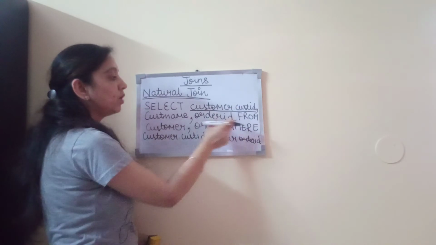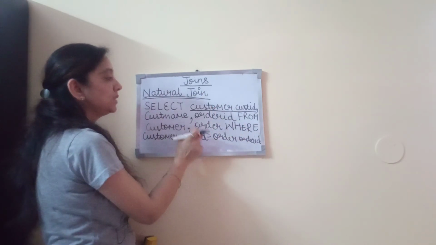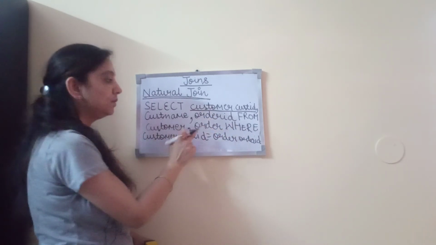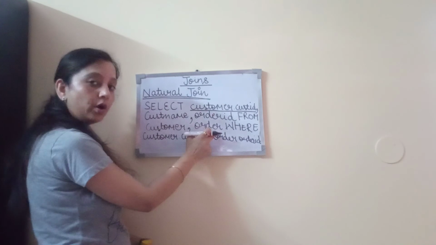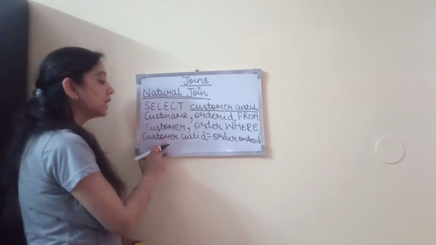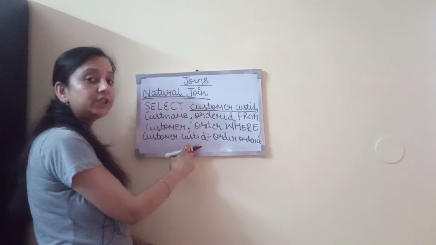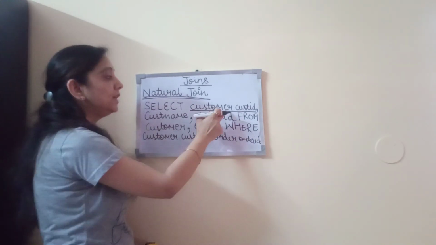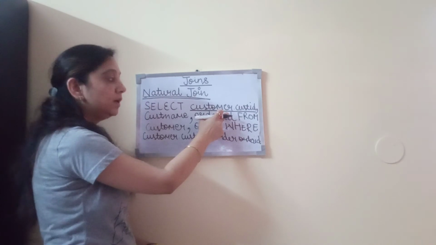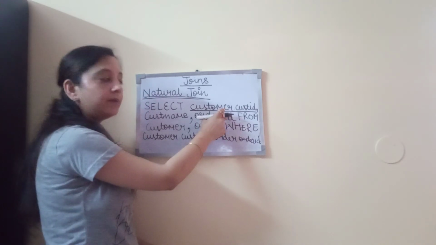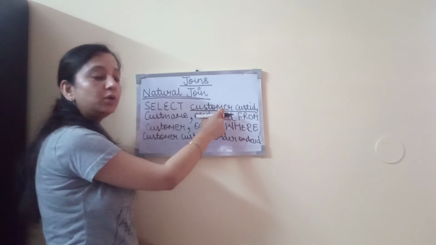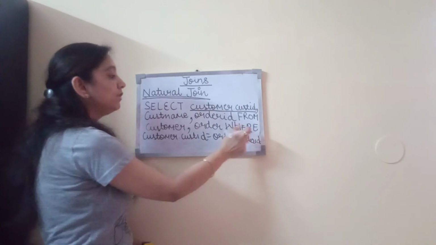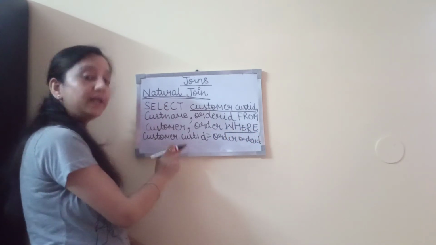Because some of the records are present in the order table and some of the records are present in the customer table, we have to take these records collectively from both the tables, hence from customer, comma order, where customer.customer ID. Now the condition has to be the same here, that the matching columns must have equal values. It's just that the matching column is not being repeated. We are not taking the matching column from both the tables, we are taking it from one table only, the table where it is the primary key. But the condition for the where clause will remain the same as in the equijoin.